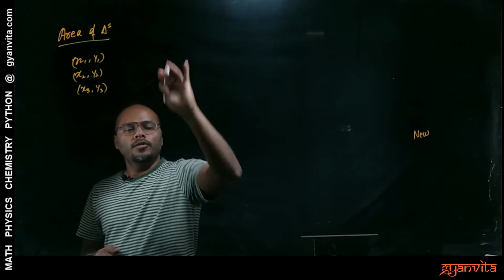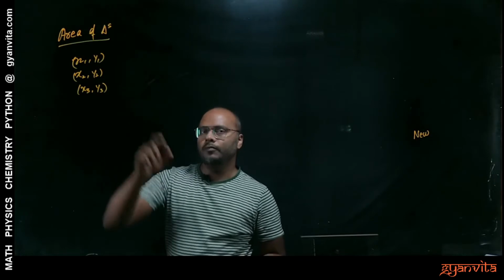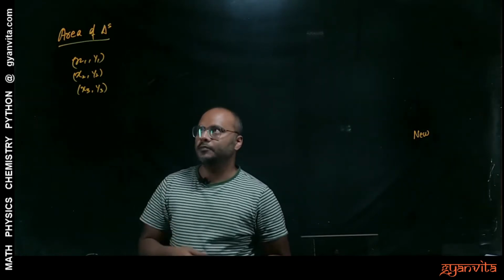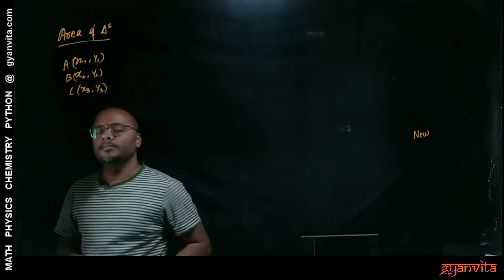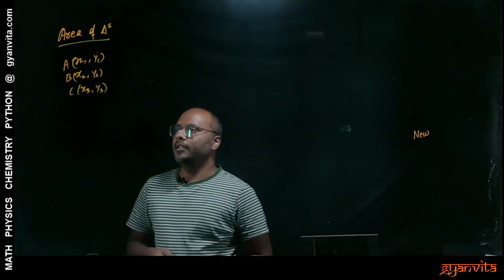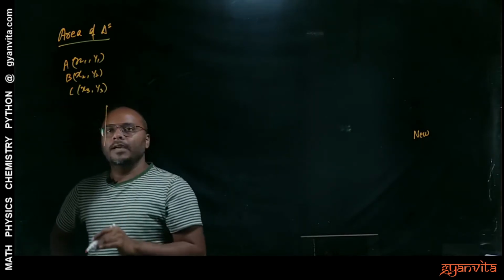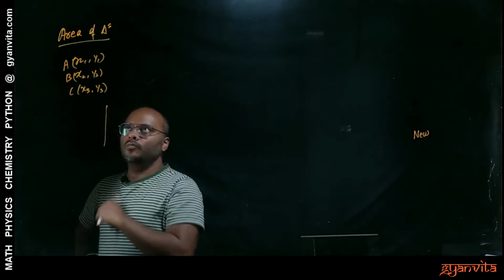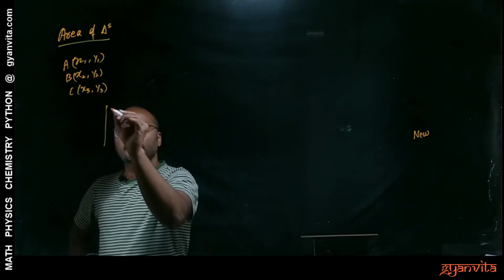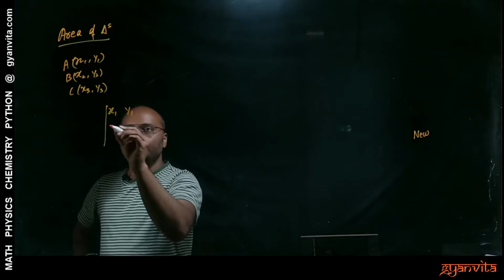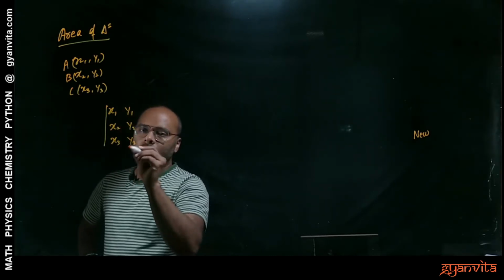Okay, and you have to find the area of a triangle whose vertices will be these 3 points. Let's say these points are A, B and C. Then what is the area? Area is determinant. First you have to find the determinant. Now what determinant do we have to find? You just place these points as they are here, that is x1 y1, then x2 y2, then x3 y3.